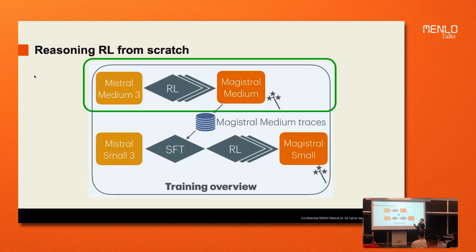And we also share a recipe on which one is more convenient to do. Should you go for RL? Should you go for SFT? First of all, we prove that you can achieve reasoning only with RL. And then we also share which kind of data will give you what kind of improvement. Should you go for code data or math data, and which one is going to improve what performance? And the results are that